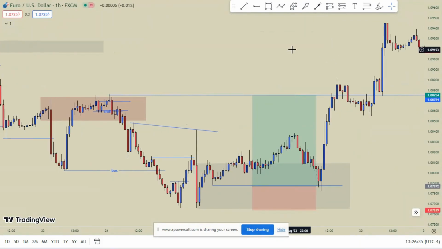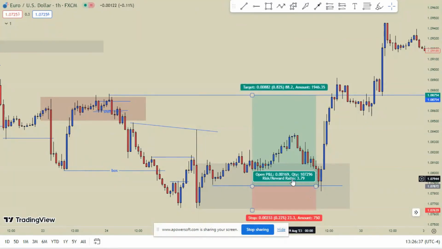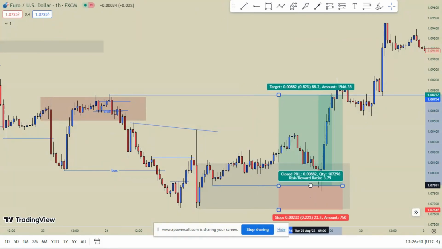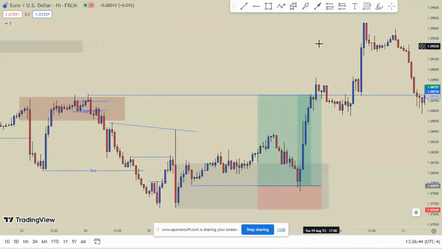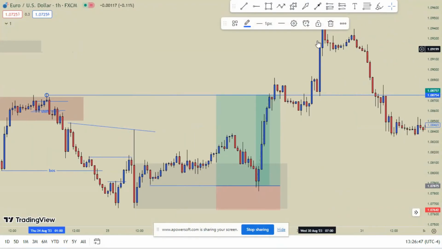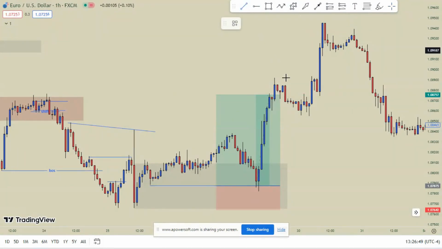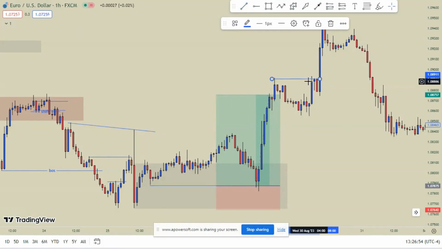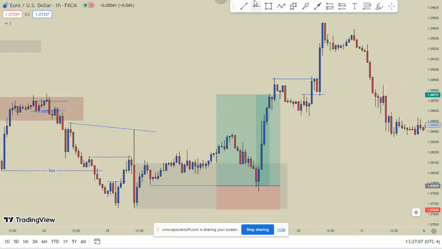So that's what I'm trying to illustrate to you. And now we got tagged in there, and now you take your profit just over there. And now the cycle continues like that. The cycle continues. We have that break of structure, but internally we had gotten a market structure shift. We have this point here. So the market normally comes back,